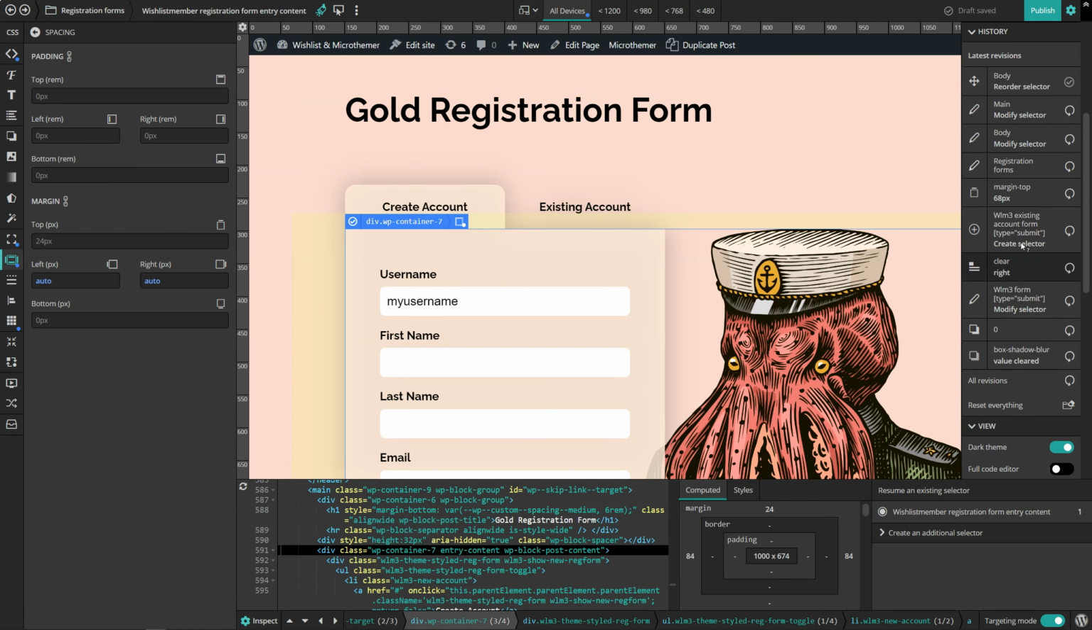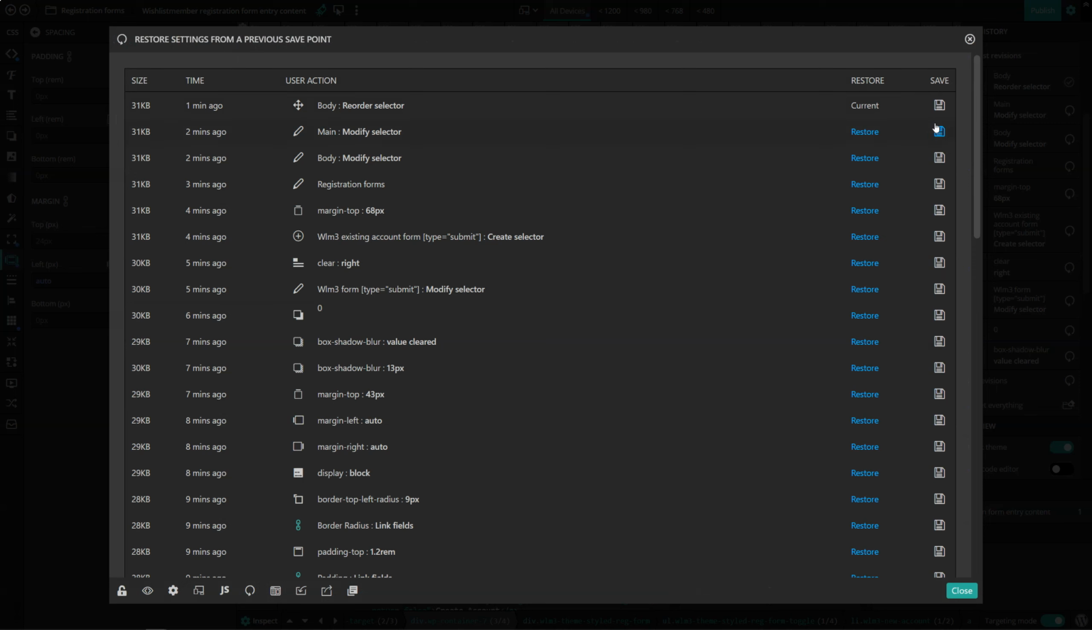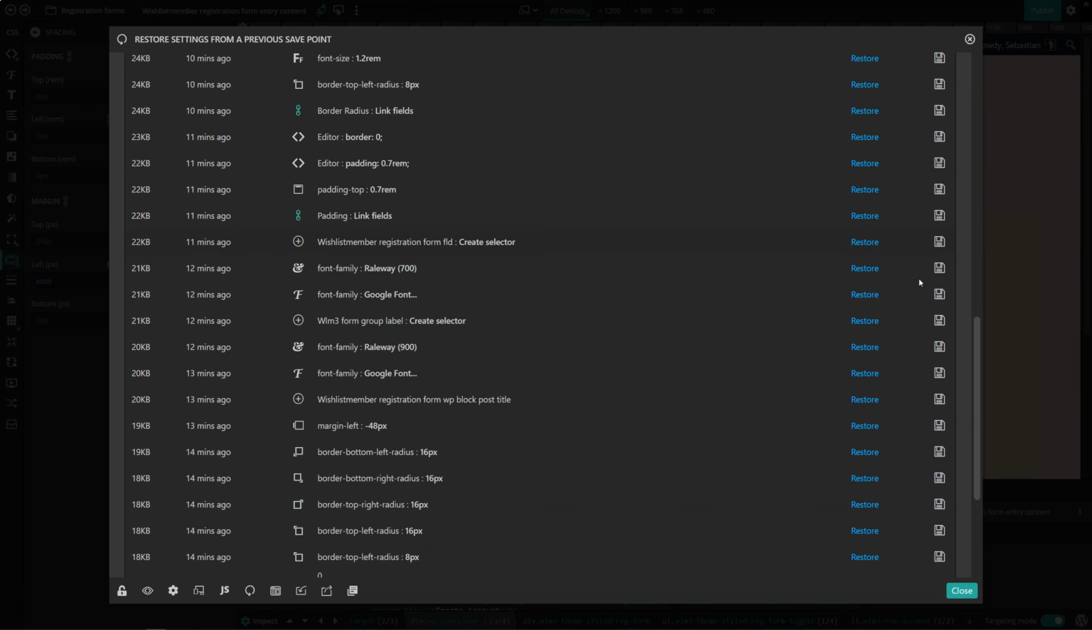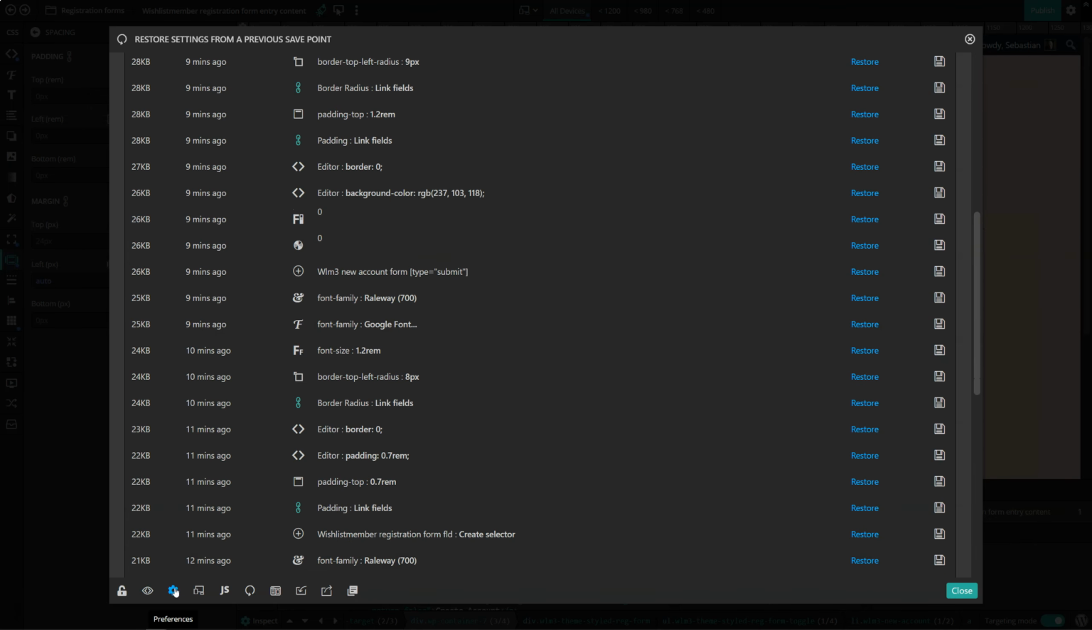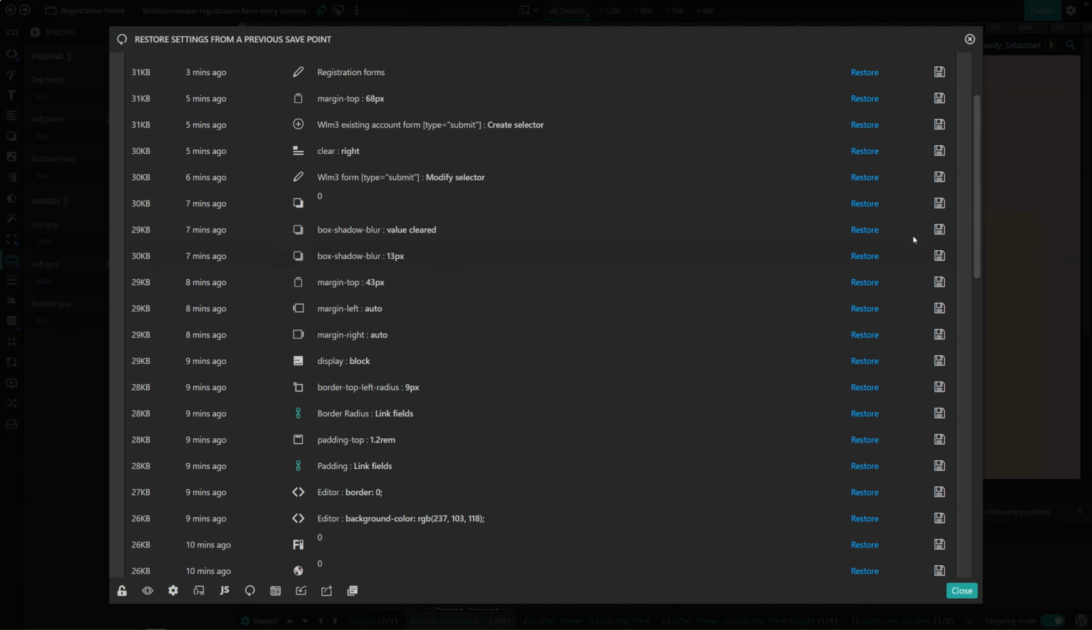Another good practice tip is to use the history panel. You can use the history if you want to go back to a change you've made before. The most recent 10 are listed here, you can go to all revisions here, and you can use this save option to save various checkpoints. So I might say, okay, the form seems pretty done now. I haven't done my labeling yet, but I'll save this here. Microthemer will save the last 50 saves, although you can change that here, the number of recent saves. You can set that to 300. That way you can go back further in time,